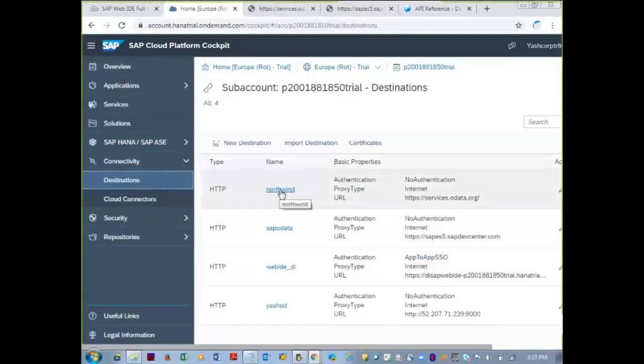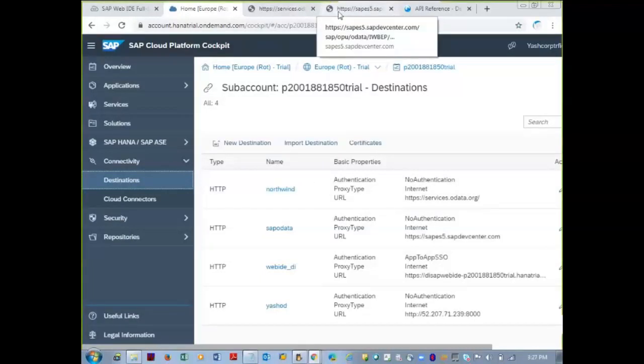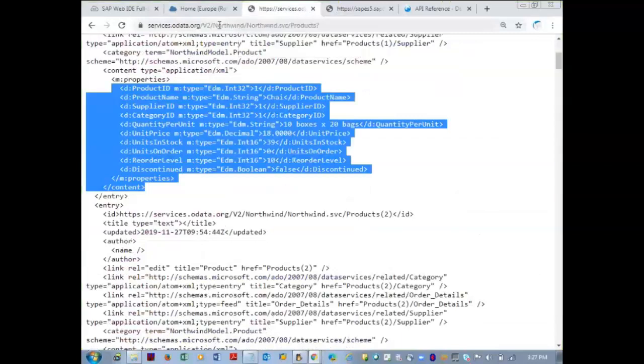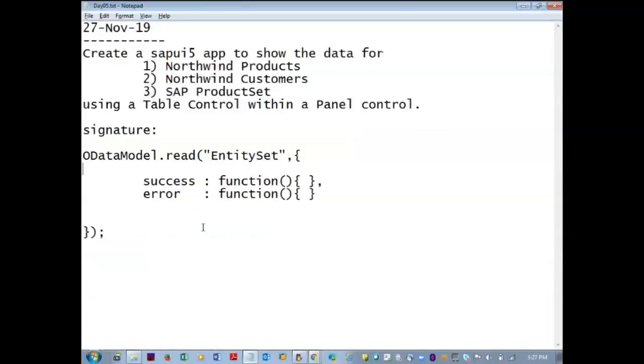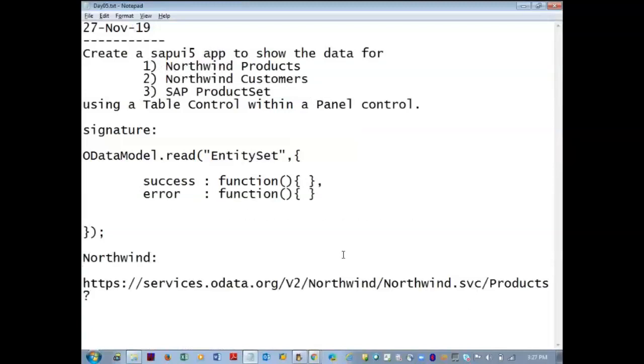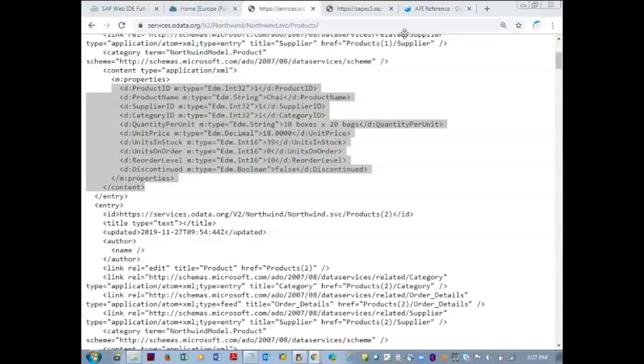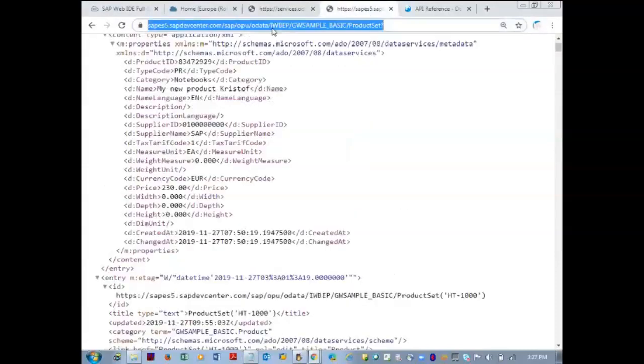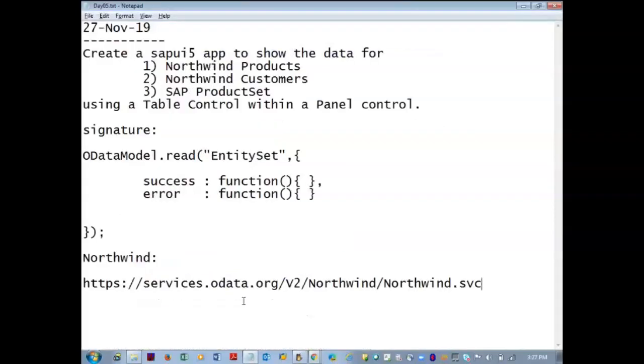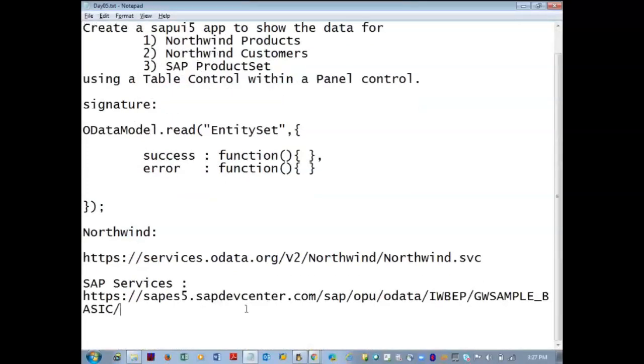This one. Okay, so what is this? These are the variables for the path 1. So this is the path 1, and for the SAP services, this is Northwind, this is SAP.